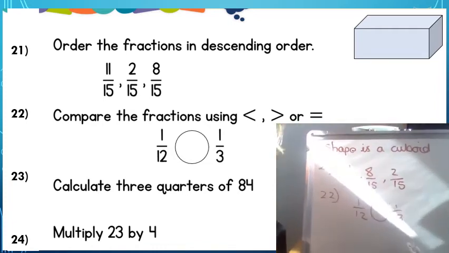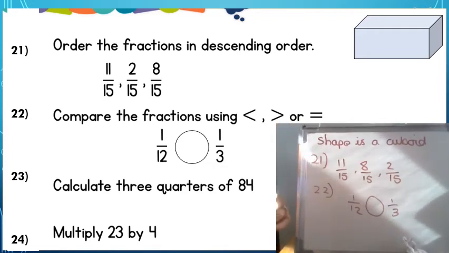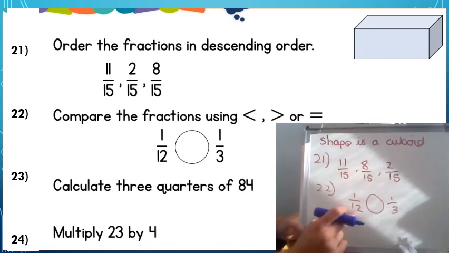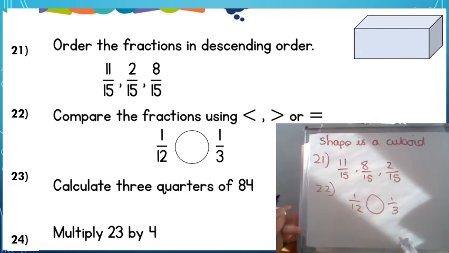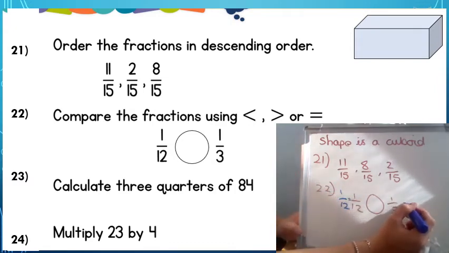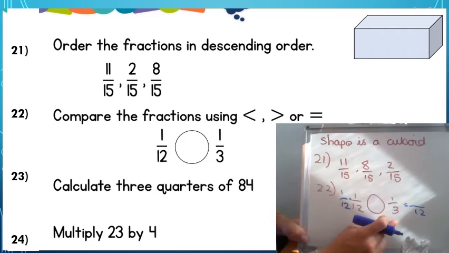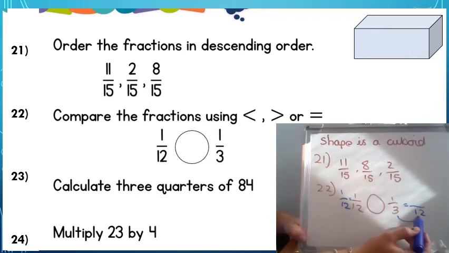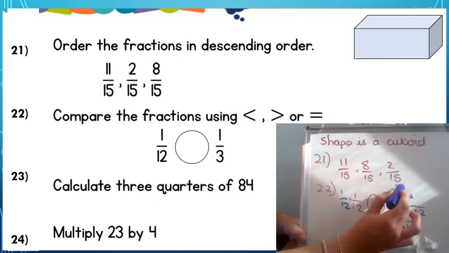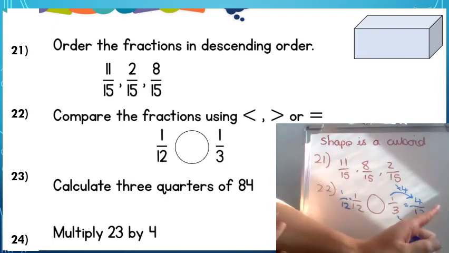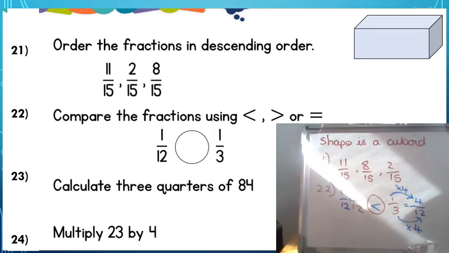Now for number 2, we need to actually put them so that they've got the same denominator. So I'm looking at the number 3, I'm looking at the number 12. Now I know straight away that 12 is in my 3 times table, so I can leave my denominator as 12. However, on this side, I'm going to convert it and find an equivalent fraction which has a denominator of 12. So I know that I'm going to go from 3 to 12, I'm going to times by 4. So I'm going to times my numerator by 4. 1 times by 4 is 4. So I can now see I've got 1/12, I've got 4/12, so I can see that 4/12, or 1/3, is